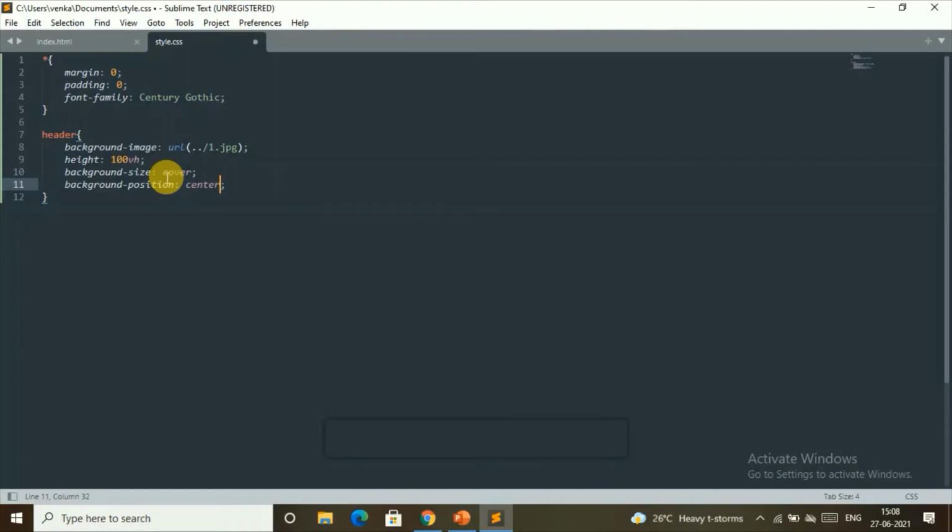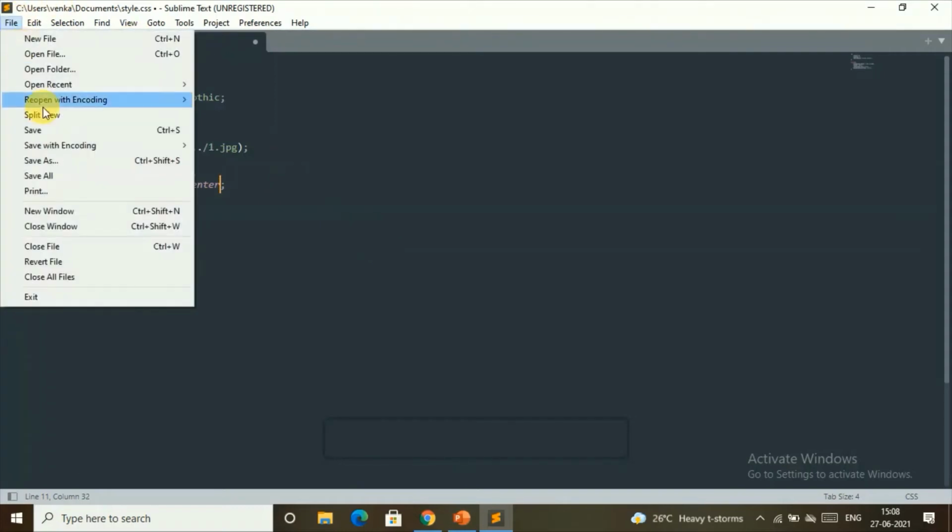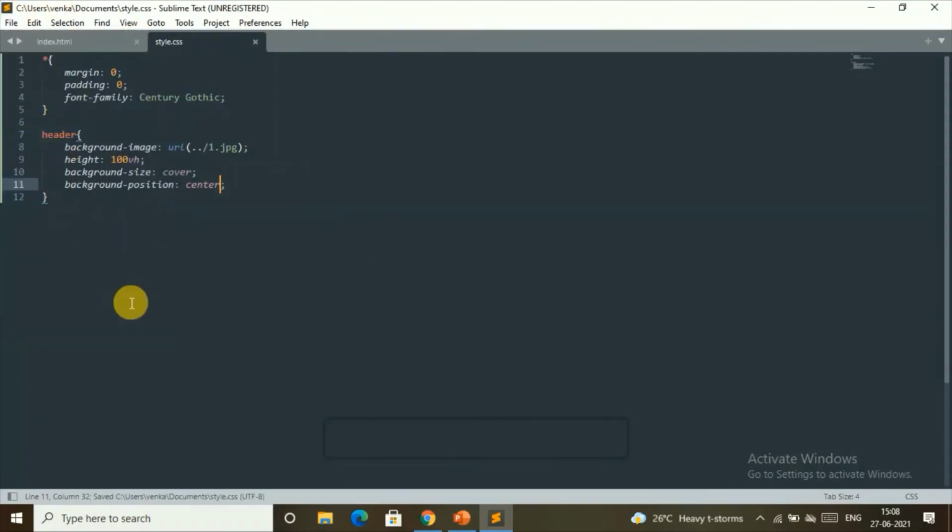It is 1.jpg, it was named like that, so I'm using this 1.jpg. Make sure that the image is in the same folder where the style.css is. And then your background size will be cover, your height will be 100vh, and background position will be center. Now let's save this and check on our website.